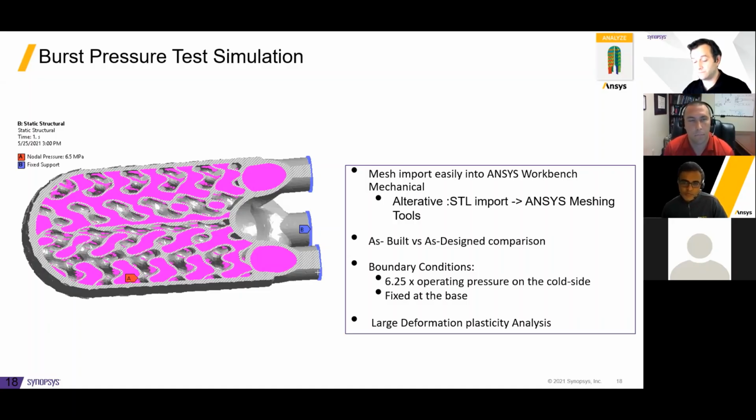And also, we are fixing the two inlets and the two outlets, or the base, which is kind of rigid and probably an overkill, but that's the simulation we've set up. This is a large deformation analysis, and we're going to include plasticity effects. Also note that